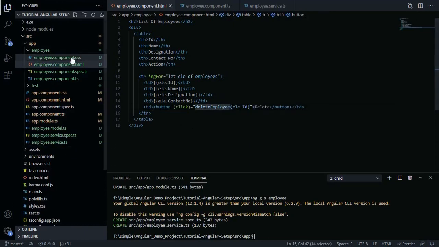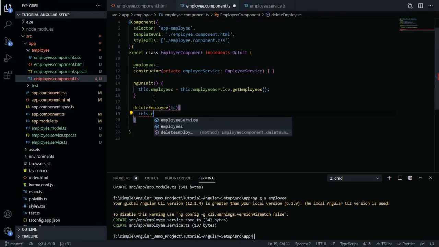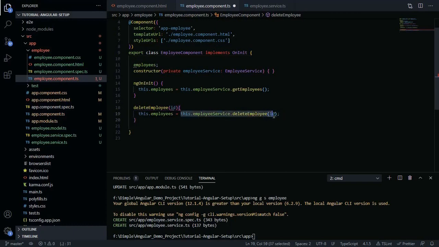Then we move to the employee component, and here we write the ID and this dot employees equals this dot employeeService dot deleteEmployee with the ID. So we are deleting the employee based on ID, and this service method will give the list after deletion, and we are setting it into our employees variable.